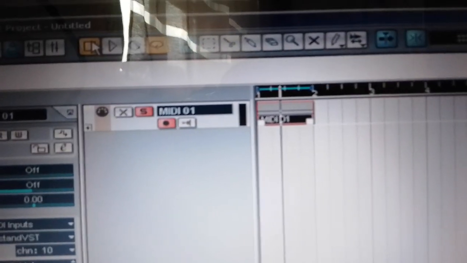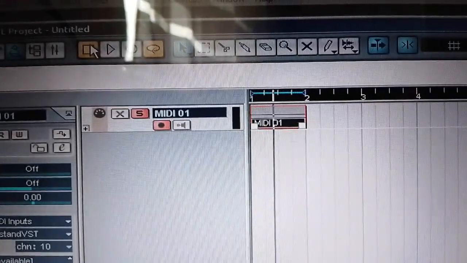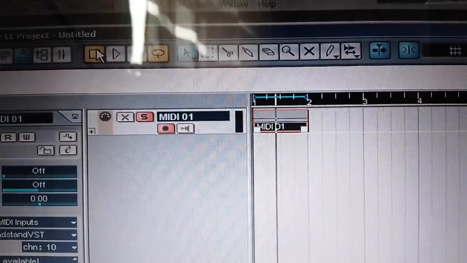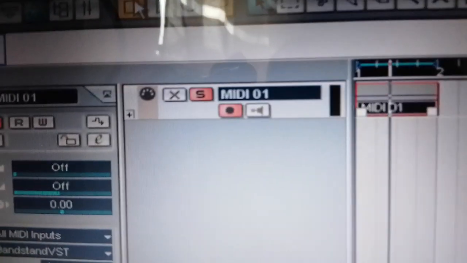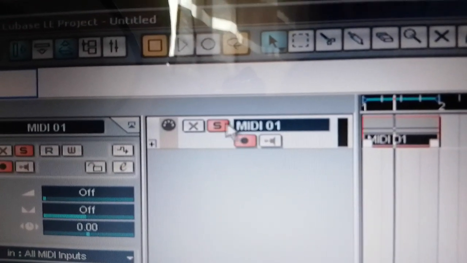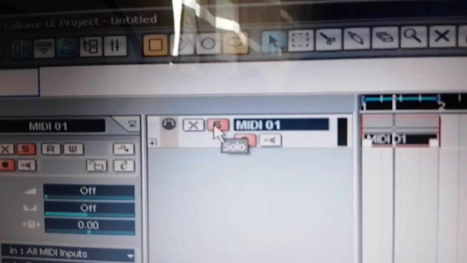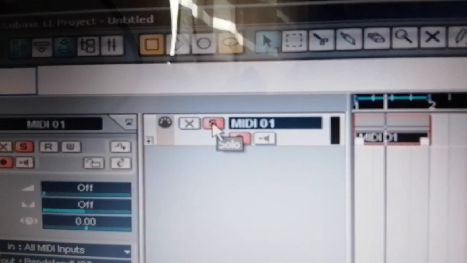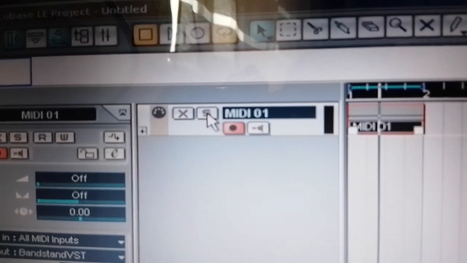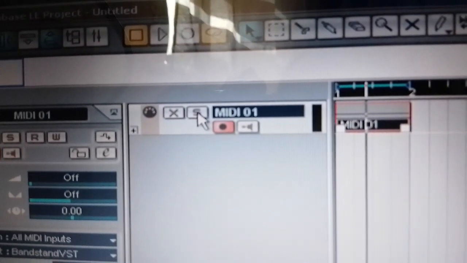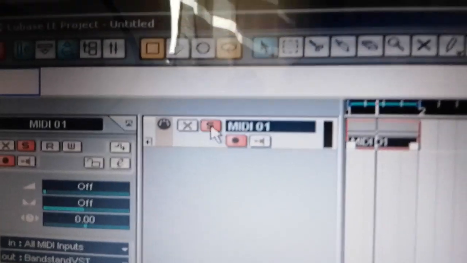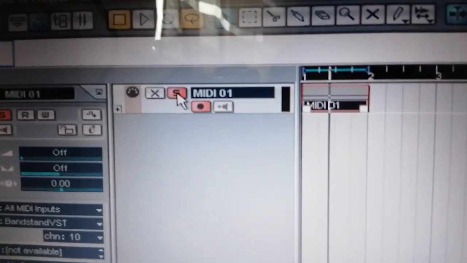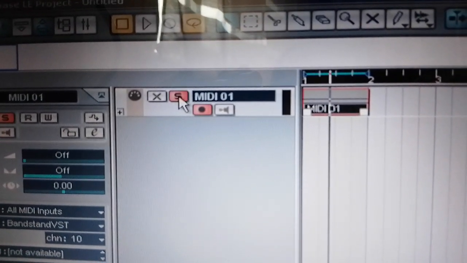Right, so in order to put that hi-hat into audio so that I can actually play around with it, mix it and add effects, all you do is make sure you solo the track. Because you might have a lot of tracks if you're building a tune. I've only got one here, but you could have multiple tracks usually. So make sure that this solo button here, this is Cubase LE4 I'm using here, is clicked and it's red, because that will only send this track